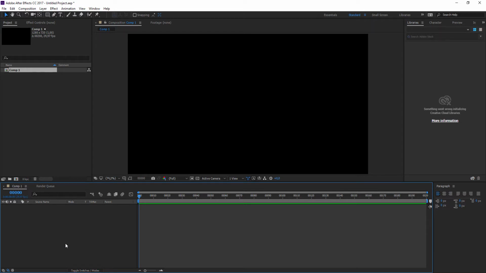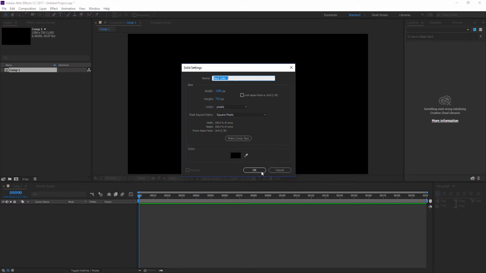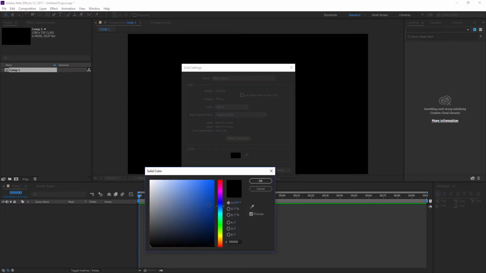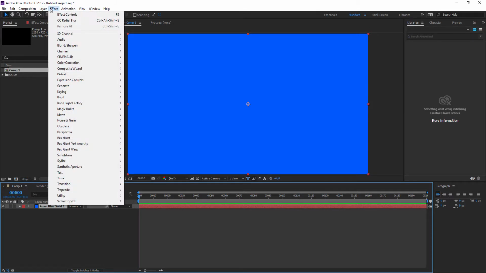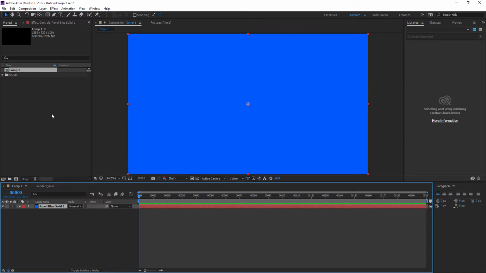So Control Y. Let's give it a bluish color. Hit OK. Okay, so now we have a solid. Now our effect and tools panel up here are all available. So one way is to make sure the layer is enabled or selected, and then go up to the effect,